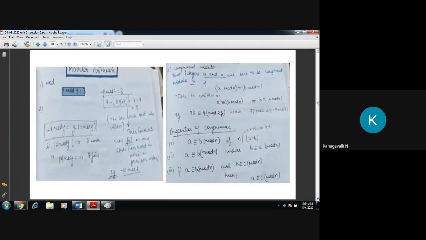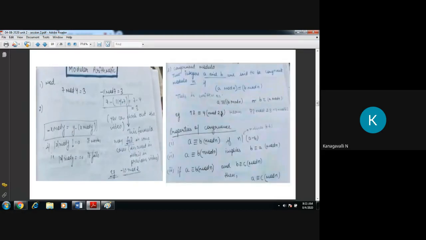Then see this property of congruence, right? So at first, before going to those properties, what is congruent modulo? Just to see the symbol, right? There is A mod n equal to B mod n. See the sentence clearly. If two integers A and B are said to be congruent modulo n, then A mod n equals B mod n. There are two different integers, but the results may be the same, in the sense you can rewrite your input as A congruent B mod n, right? Or B congruent A mod n.